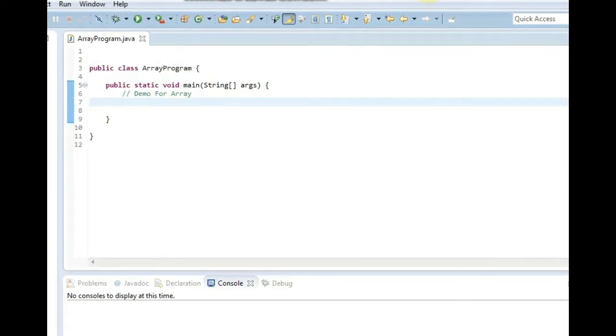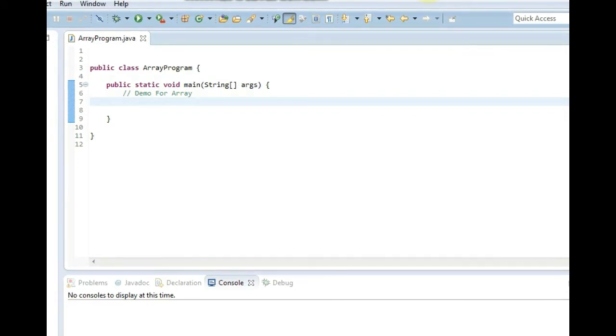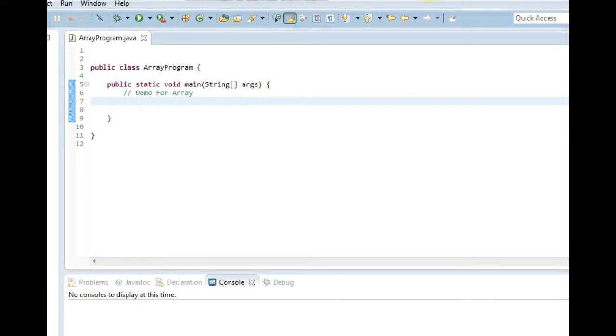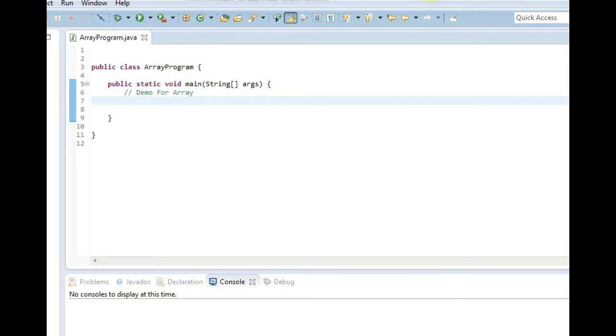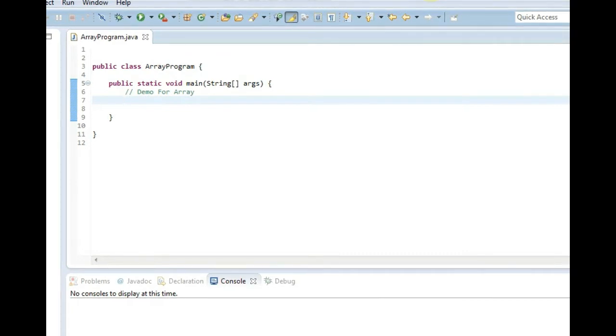So in the last videos we saw how to initialize, declare and use arrays in Java. We took static values, gave static values to the array and displayed the output, that is the value of array elements. Now in this video we are not going to use static values but we'll take user input for the array. Each element of the array is going to be entered by the user and we'll see how to do that in Java.